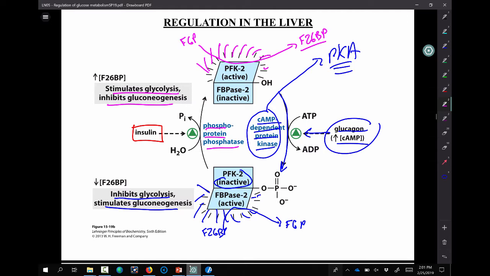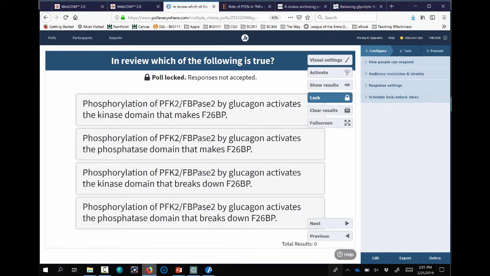Okay, now, here's what I want to do today. I'm going to start you off with a review question. On Friday we jumped into some of the particular details surrounding the regulation of glycolysis and gluconeogenesis, specifically in the liver. I wanted to ask you this question just to get things rolling for today, to get you back into your notes, remembering what we talked about, because some of this we're going to pull forward into our discussion even today.